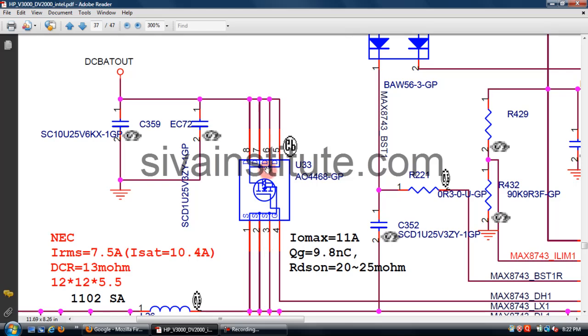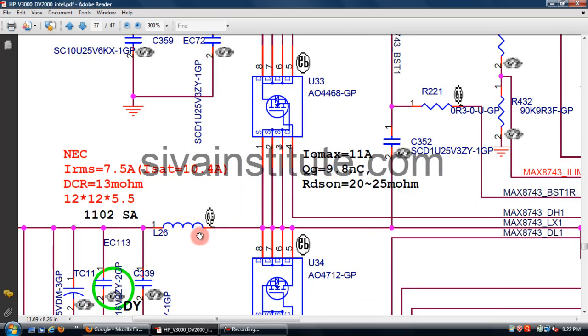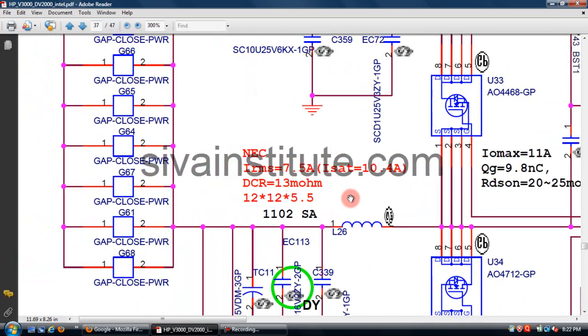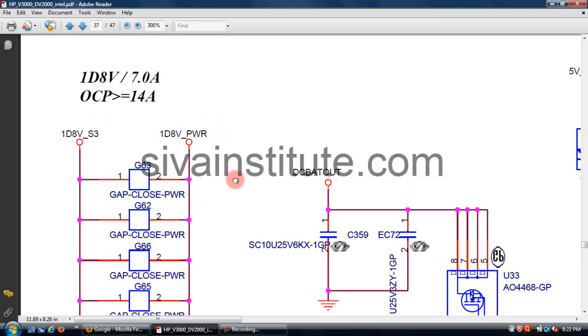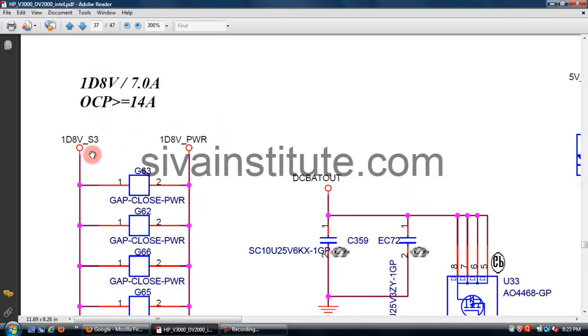This voltage comes out from drain to source. This voltage goes through L26. This voltage goes through gap capacitors. This voltage goes to 1D8 S3. This is memory supply. This voltage goes to memory slots and the memory controller of the GMCH, memory controller and memory slots. This voltage goes to